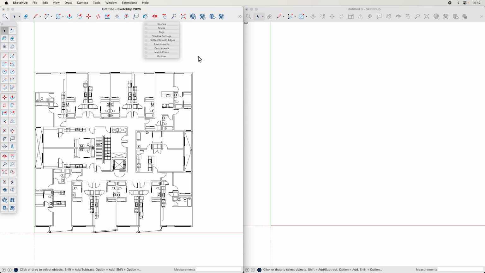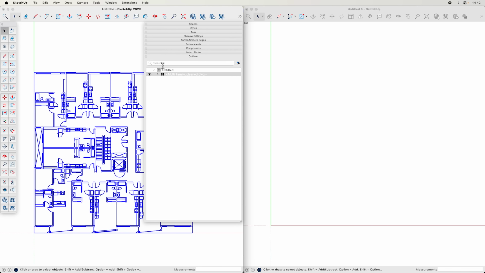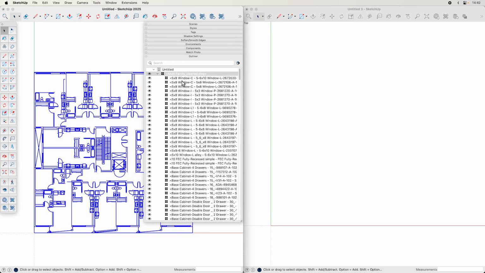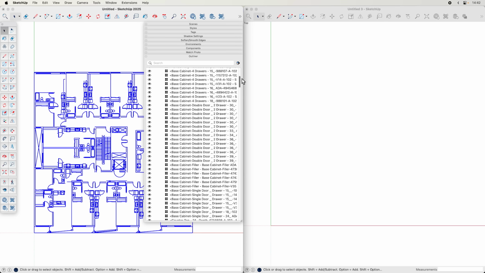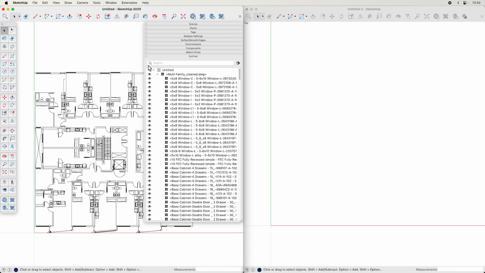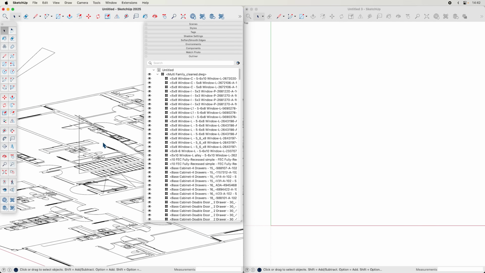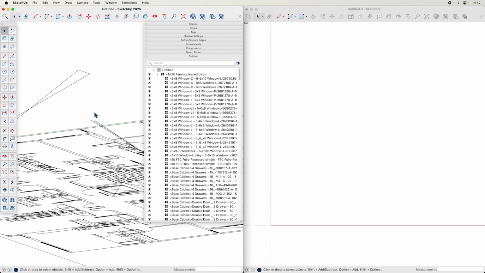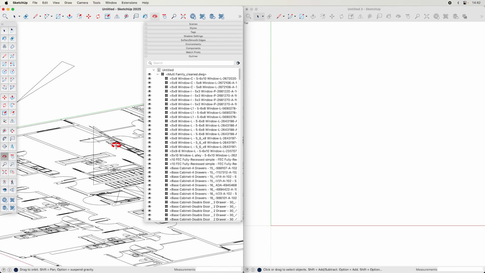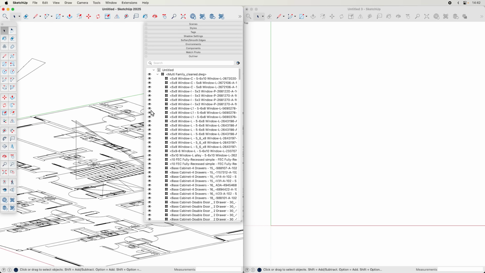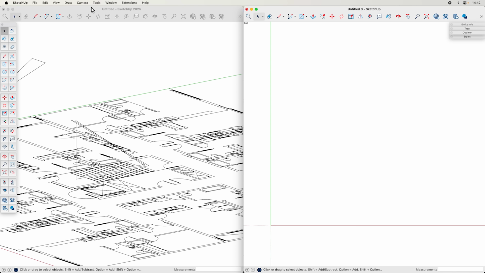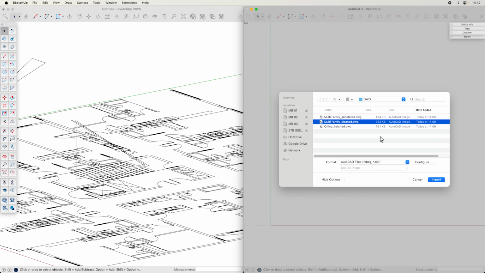There are some new DWG import options. So I have 2025 on the left and 2026 on the right. I have this DWG that I just imported in 2025. But when I look at the outliner, the model hierarchy is kind of non-existent. Everything just gets brought in together. Another thing that you'll see too is when I orbit, if you're used to working with DWGs, some kind of artifacts where stuff is not 100% coplanar, and that can be an issue when you're working with it. So to remedy this issue in 2026, when you go to import, and I'll choose the same DWG